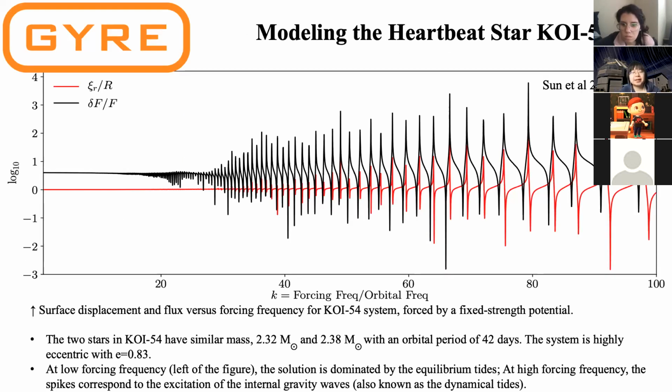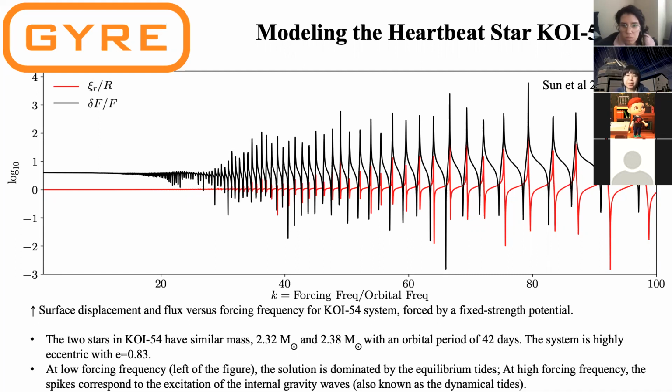Now let me highlight 2 beautiful results from GYRE-tides in modeling the heartbeat star KOI-54. This system is a face-on Kepler binary system in an orbit of 42 days. The 2 stars have similar masses, 2.32 and 2.38 solar masses, and are A stars. The system is highly eccentric, with an eccentricity of 0.8. Burkart et al. 2012 provide outstanding work for us to check the surface response result from GYRE,